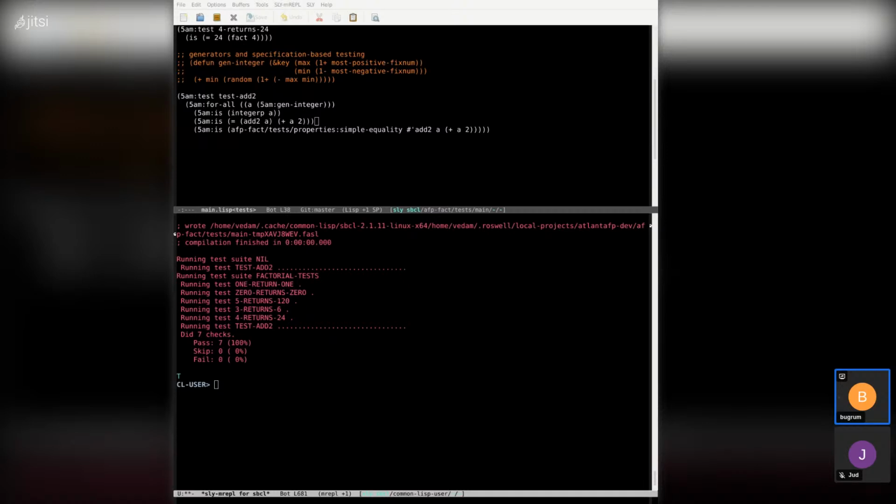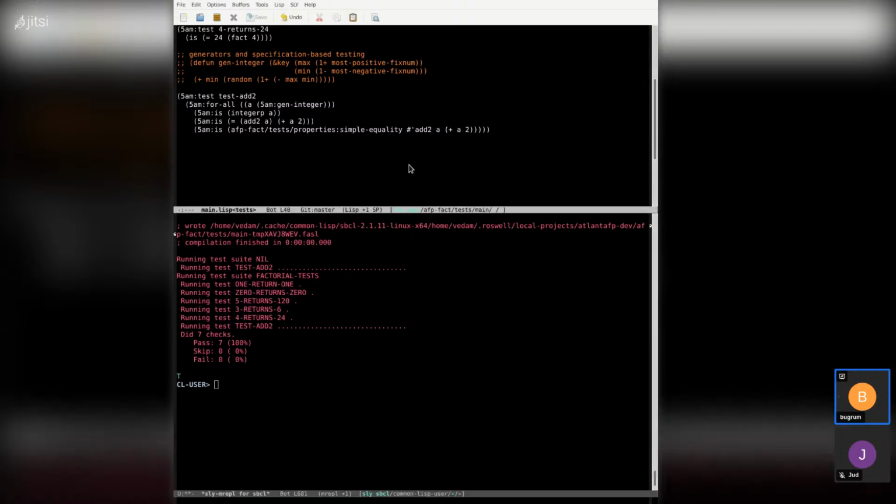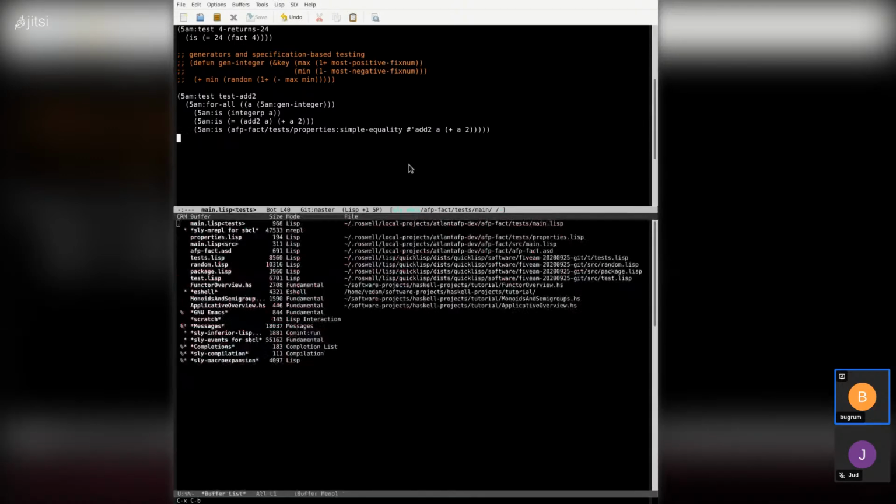All right, so let's talk about fixtures. I'll be honest with you, I haven't figured out a good example for test fixtures. So I'm going to walk through one of the tests that I think I found in the list of available